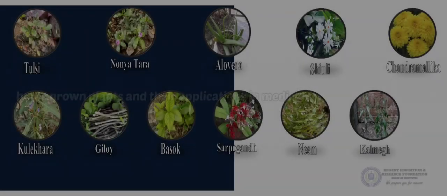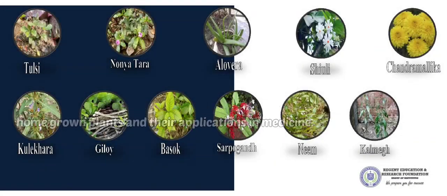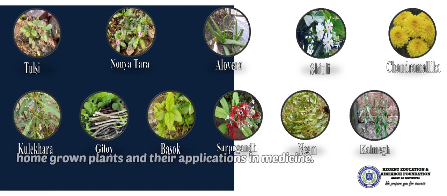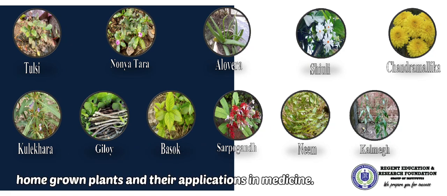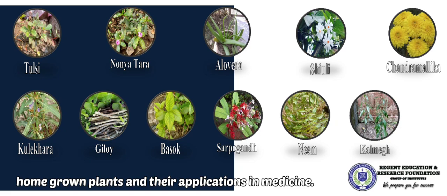Hello everyone, we are going to start the discussion about plants. Plants are living organisms that cover large amounts of the surface of our planet. They come in many shapes, sizes and colors and include trees, shrubs, grasses, mosses, herbs, vines and the green algae. Most plants have roots, stems and leaves and they either produce flowers or cones for reproduction.